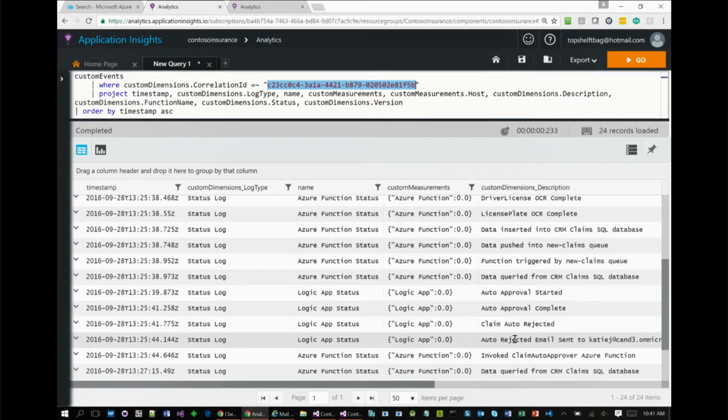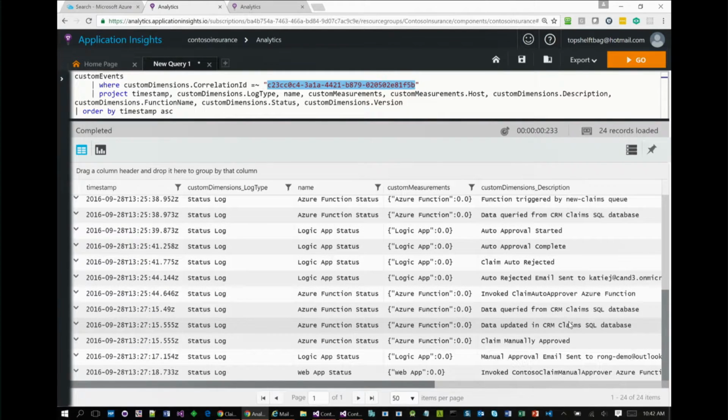We sent an email as part of a logic app that looked at that Azure function and the result it had, if it was auto-approved or not, and it sent an email to the customer to let them know about that. In this case, we actually send the email when it's auto-rejected to the claims adjuster, who's the person who logs into the mobile app. So they get an email, hey, you got one to process, you click on the link in it, and it lands you right on the detail in the mobile app. So as you can see, front to back, to process an entire claim on what I've done so far,